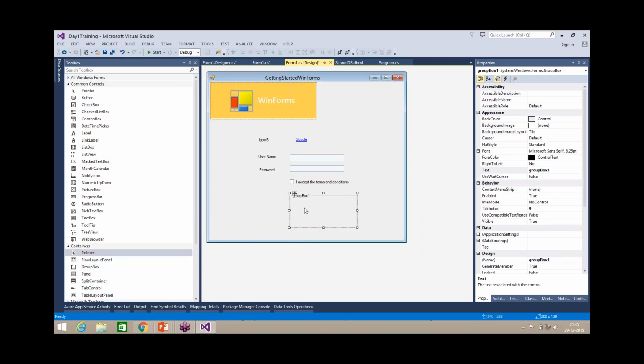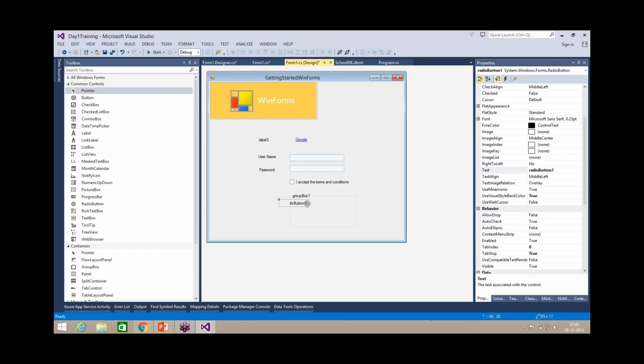This is used to keep multiple controls, and if you want to keep them inside, just like you are keeping all the controls which are used for a particular action, all those controls you can keep inside this group box. Okay, so I will keep all my radio buttons inside it. This will also have the properties